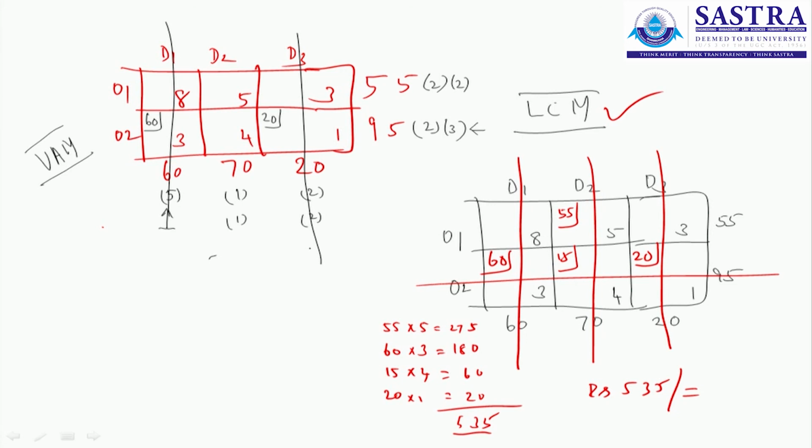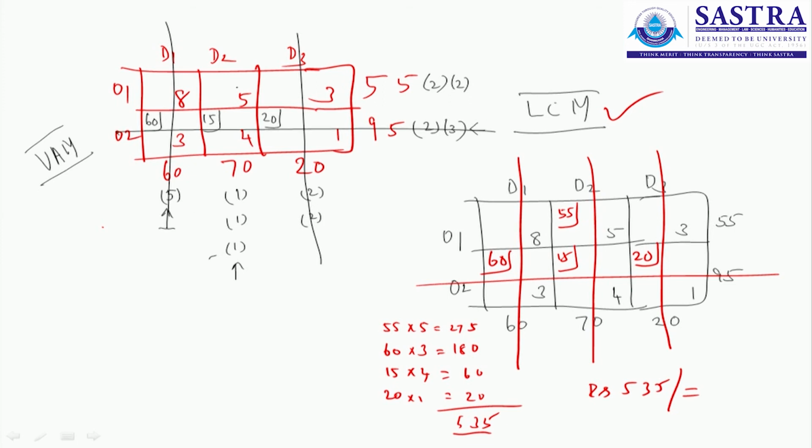Now in the row or column, no need to go for differences because in the first row 5 is the only element present. In the second row also only 4 is the element present. In the second column the difference is 1. Since we are not going for the differences, we can directly choose this column and choose the least element and see the demand. Demand is 70 units for this. But the supply here is 60 plus 20, 80, 95 minus 80 is 15 units. So you can supply these 15 units. So 60 plus 15 plus 20, 95 is satisfied. So I can cross this.